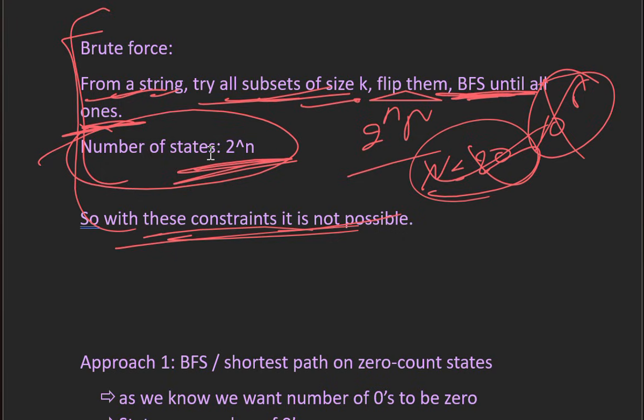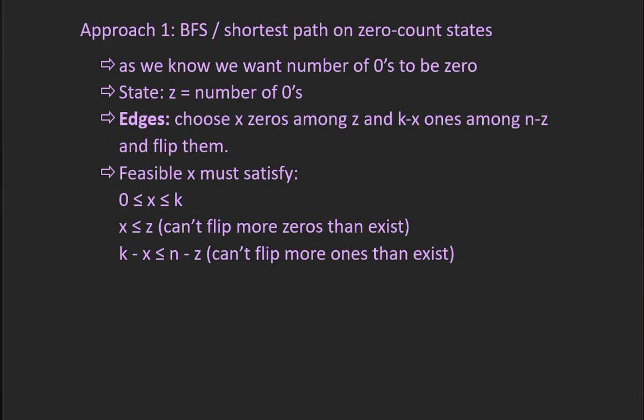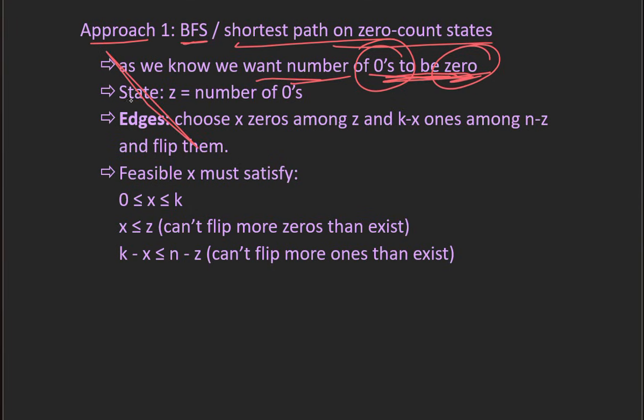So let's see how we can optimize this brute force. So the first approach is using BFS on count of zeros, right? So as we know, what we want is the number of zeros in the string to be 0, right? So what we do is we'll make a graph in which the state, our node, will be the number of zeros, and the edges will be